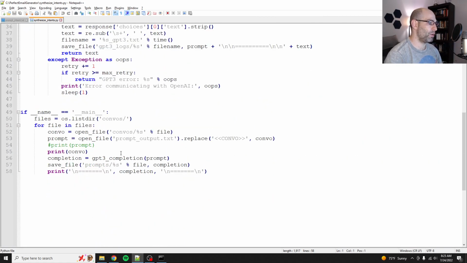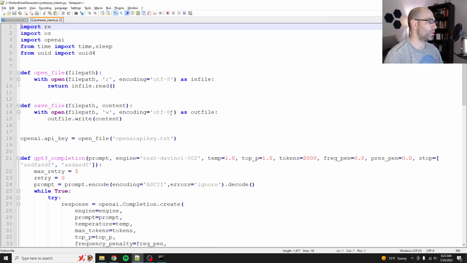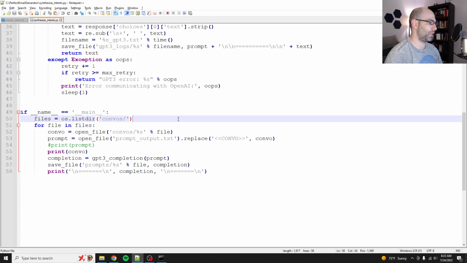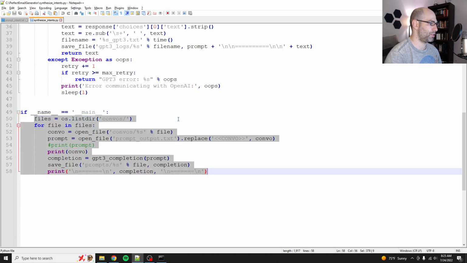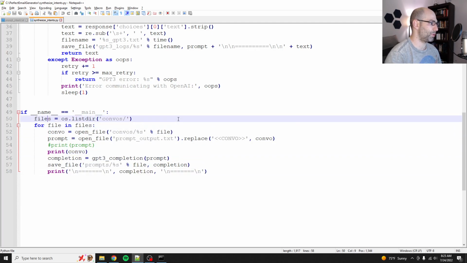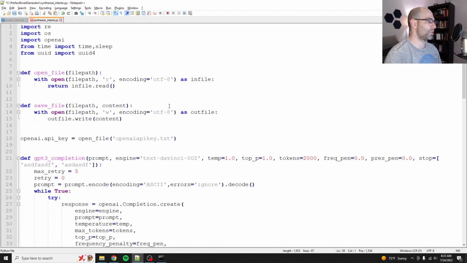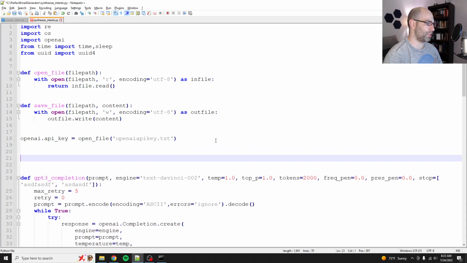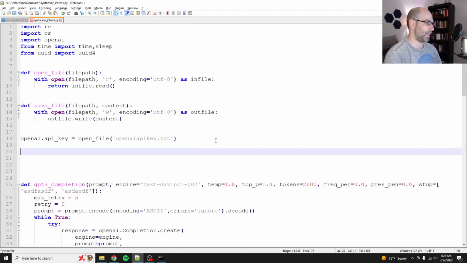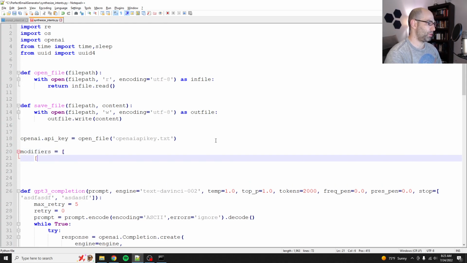All it does is it loads a prompt, and then actually no, this was a little bit different. So we're going to, well, first we can just clear all this out because I don't think I need to reuse this, but the rest of it I can reuse. Okay. So then we need to have a list of modifiers up here. So we'll say modifiers equals, and then we'll do,